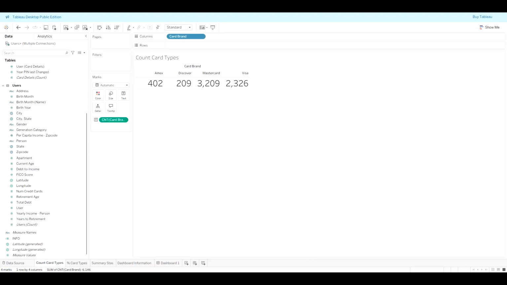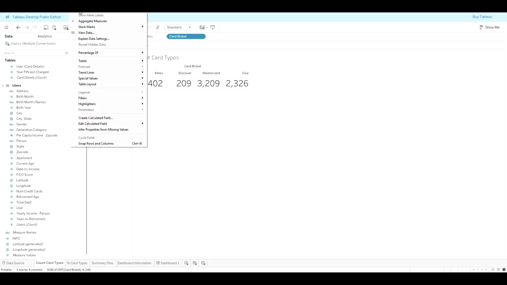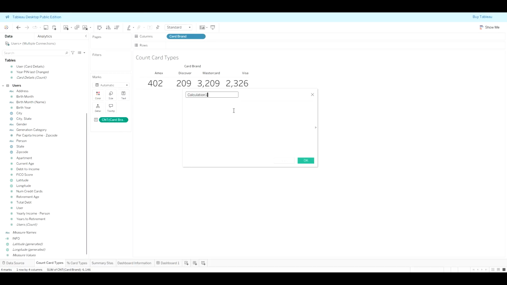So I'm going to go back on a sheet and I don't have that variable yet. And so I'm going to actually create a calculated field using that years to retirement variable that we had before. And so I'll do it in here. So instead of doing it in Excel, I'll do analysis, I'll do create calculated field, and then I'm going to do something like, I don't know,